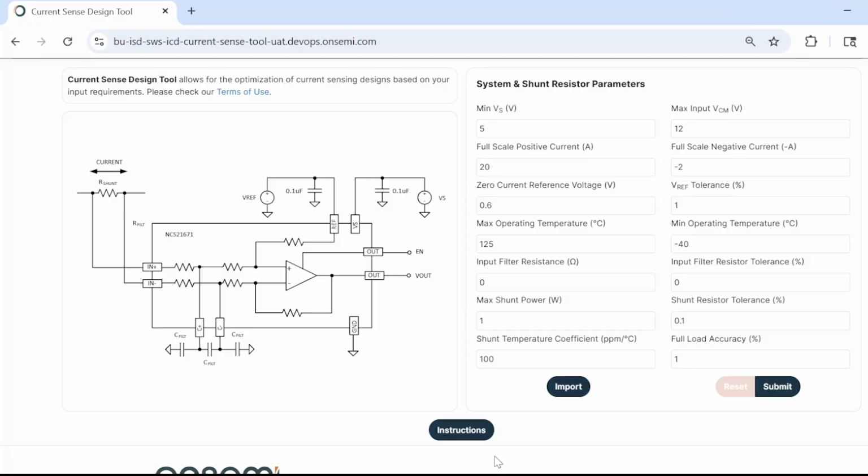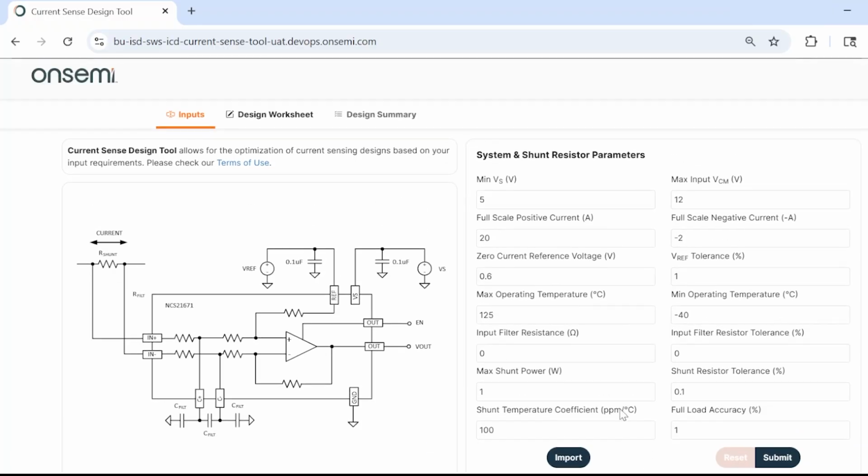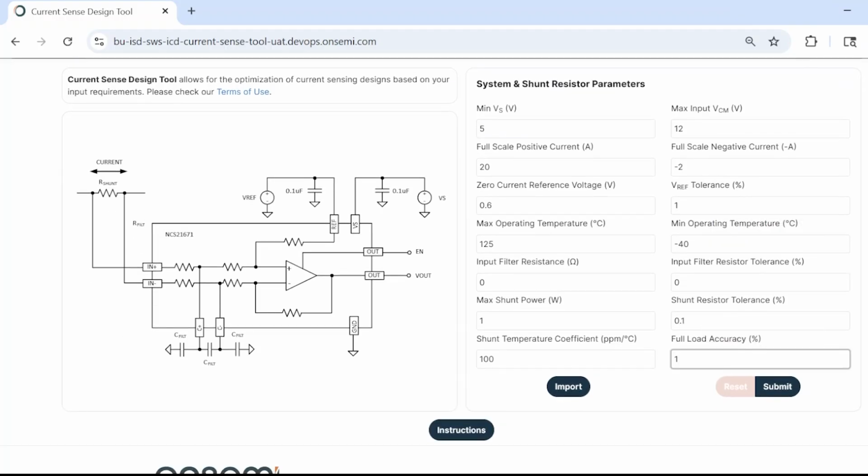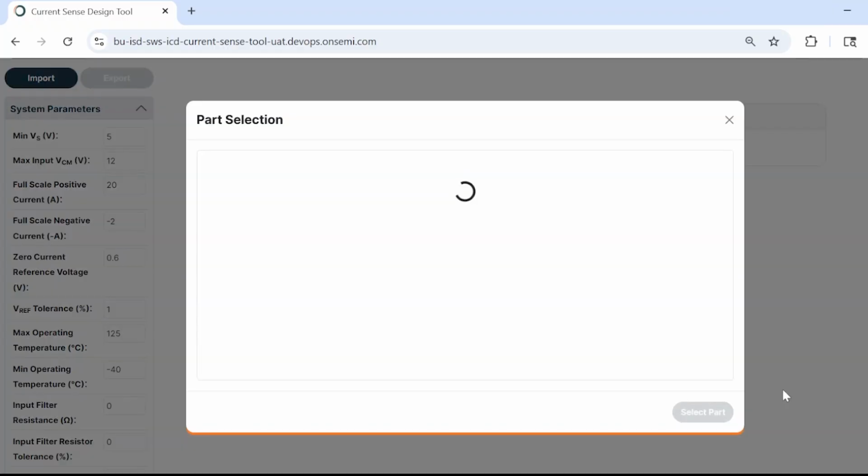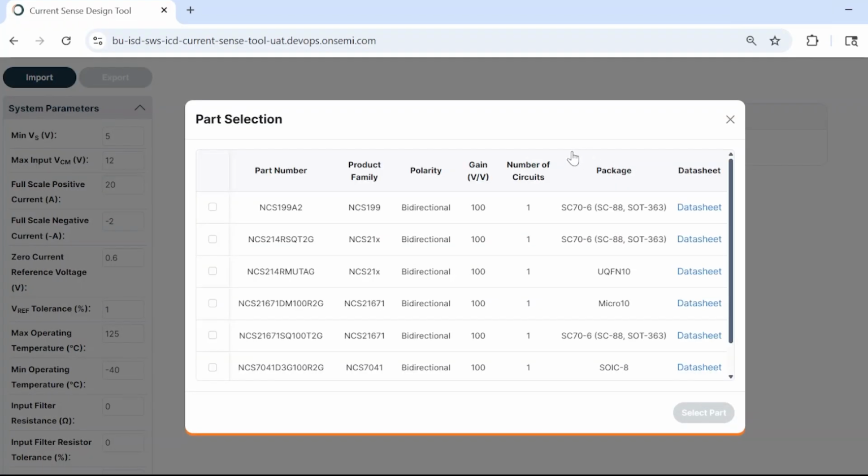Now, let's keep all the values as default as they come here, and maybe change our full load accuracy to 2% for the purpose of our example, and hit submit and go to the next page. Okay, after you hit the submit button, the tool will take you to the part recommendation page where you can see a list